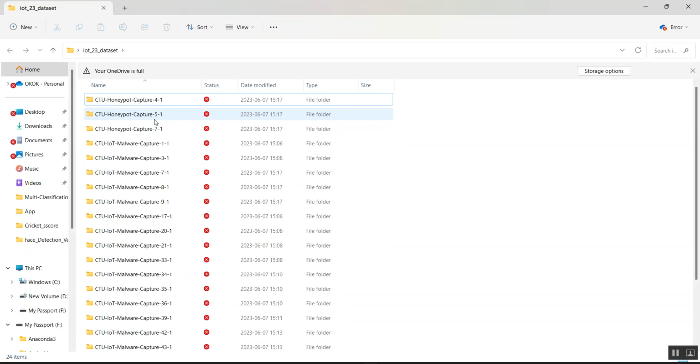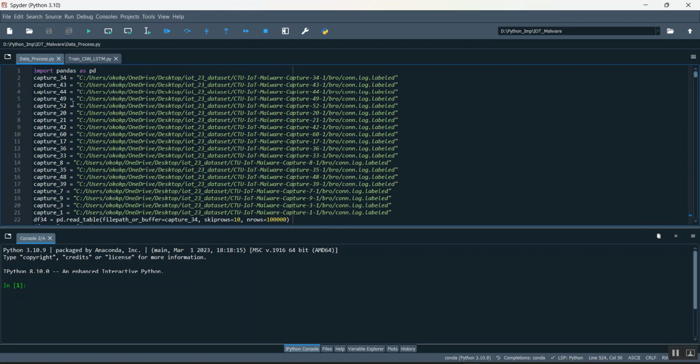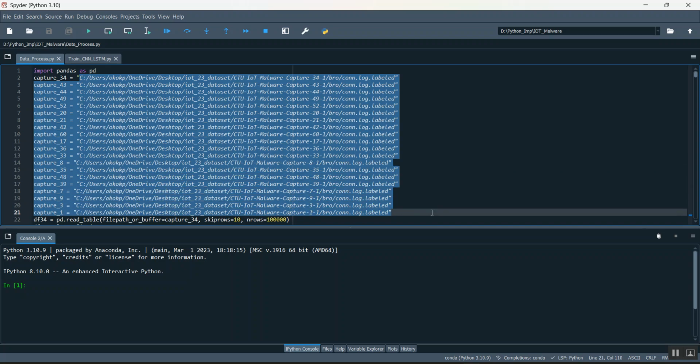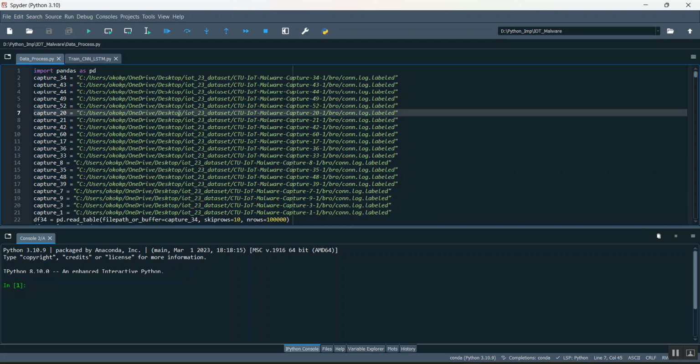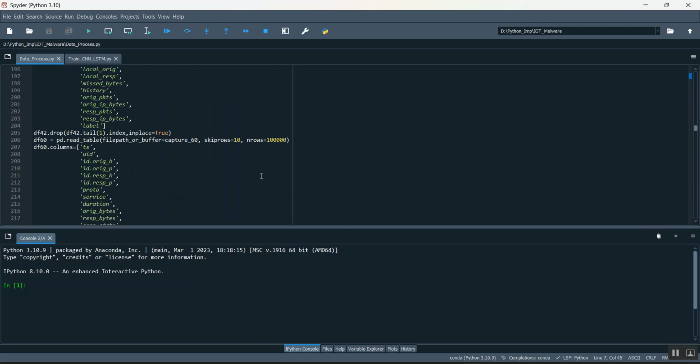I downloaded these files, I am importing them and creating a CSV file, and from that I implemented your project. You can see I directly imported the path. This is the path for each dataset. I imported only this many datasets. Once I import them and the data pre-processing is completed, it will be stored as